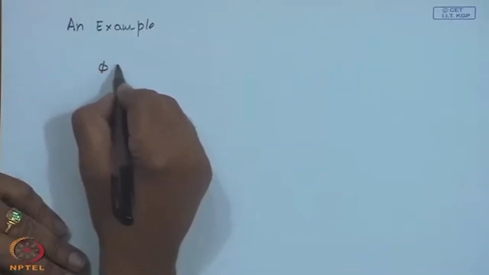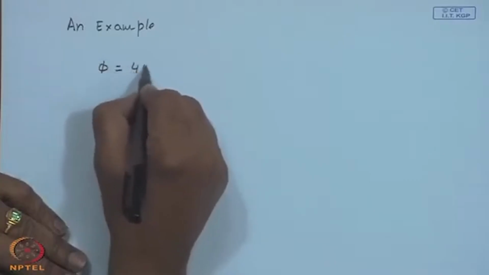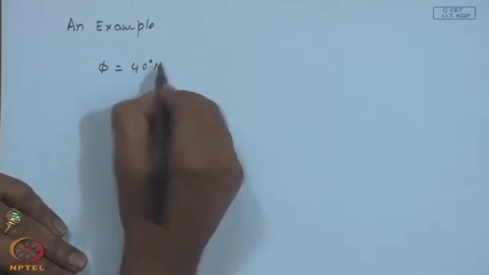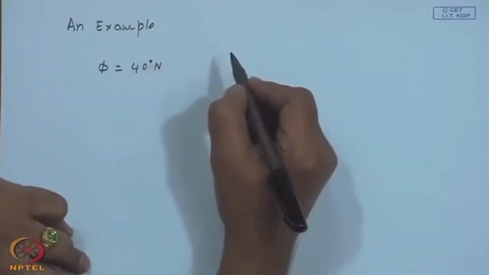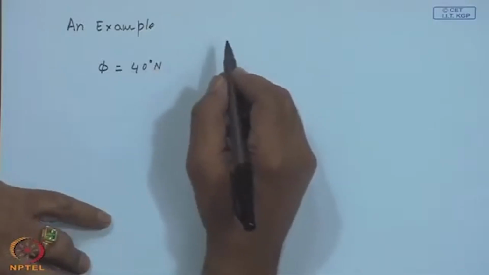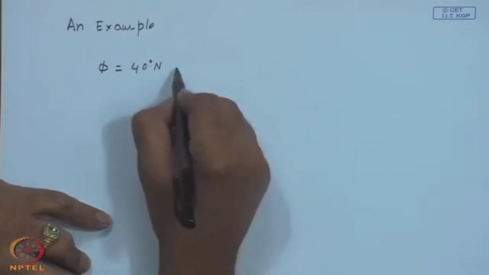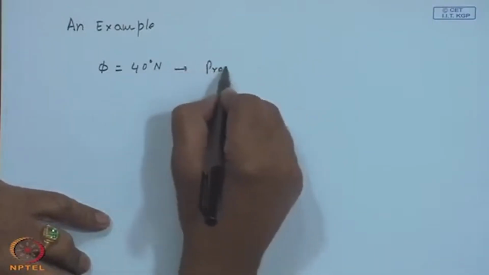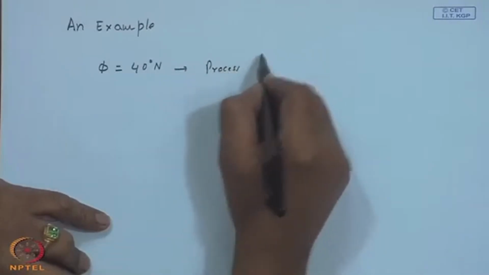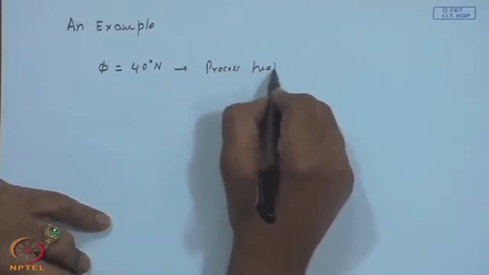So, the location is at a latitude of 40 degrees N. In fact, this example is from the textbook by Duffie and Beckman, except a few things I have changed here and there, and this is for a process heating system. This is to bring out certain details,